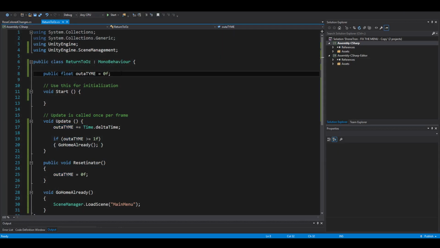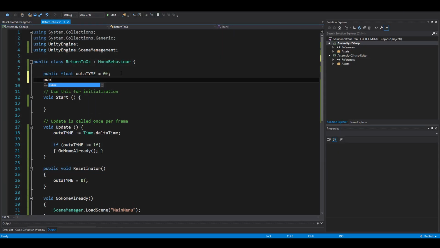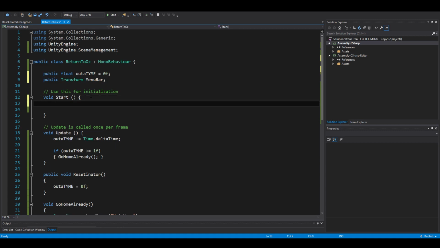Okay, so let's go ahead and find a way to transform this thing. So public Transform, and it's just the menu bar thing, okay? And we're going to get our semicolon. Now, the first thing we want to do is come down here, and we want to make sure that the menu bar is equivalent to out of time. So let's do this. Menu bar, boom, dot GetComponent